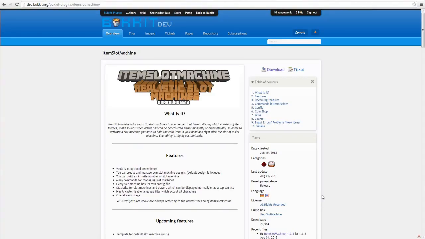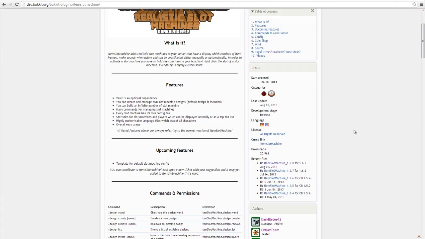Hi everyone, I'm Wonk, and today I will be giving you a plugin tutorial on how to set up and use the plugin ItemSlotMachine. So first of all, go to Bukkit and ItemSlotMachine, and you can download the latest version